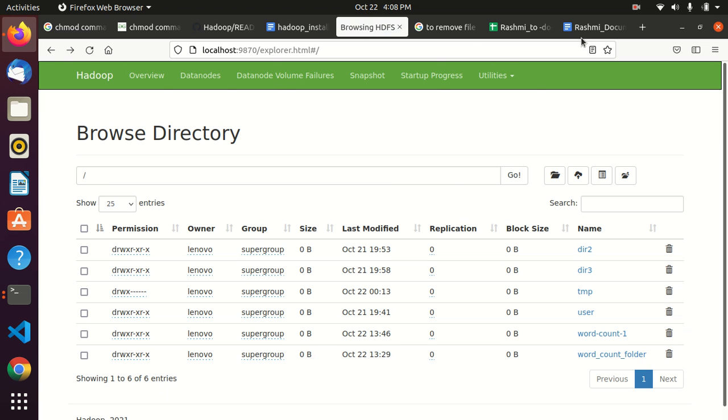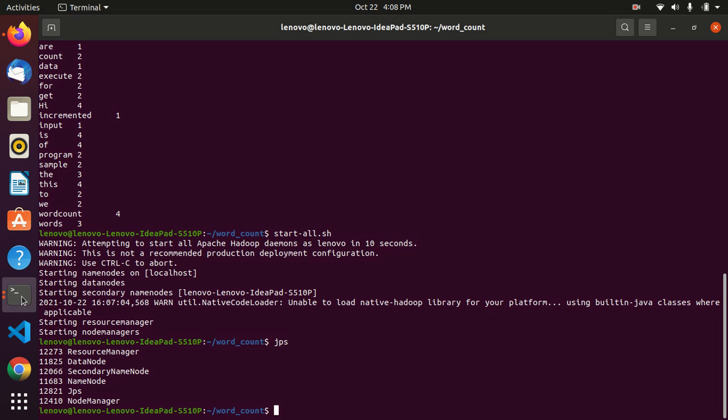Now let's create another directory in your Hadoop system with HDFS. We are creating a directory. So our directory name is wordcount-2.